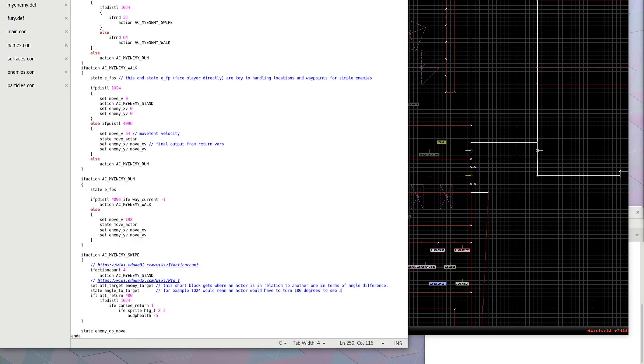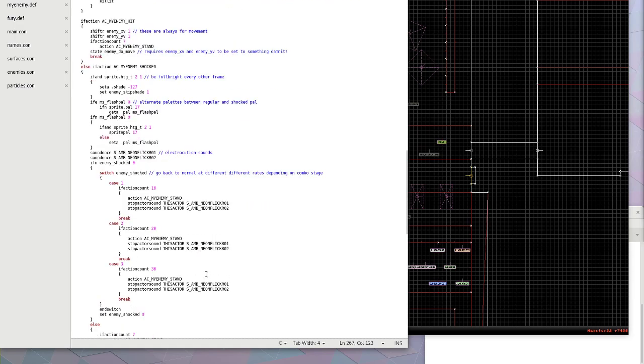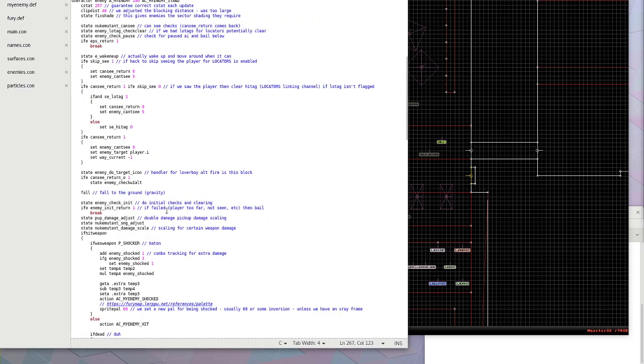Degrees to see something. There we go. And then we'll comment what the hell that is. There we go. That's it. That's an entire gosh darn enemy in this. And we'll do one more fun thing before we quit,